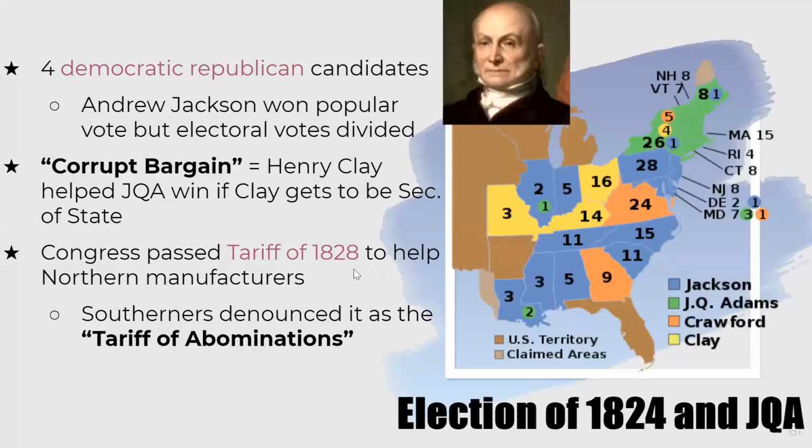So it starts with the election of 1824. Because the Federalists are no longer in existence, we have 4 Democratic Republican candidates on the ballot. And this is the first time in history where the popular vote did not align with the electoral vote outcome. Andrew Jackson won the popular vote, but the electoral votes were actually divided equally, I should say, a tie between Andrew Jackson and John Quincy Adams, son of John Adams,